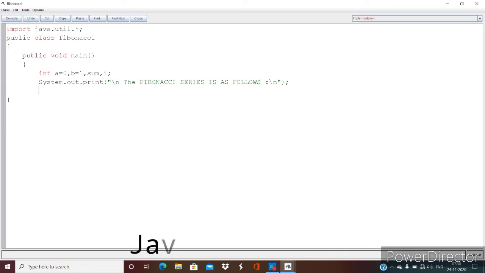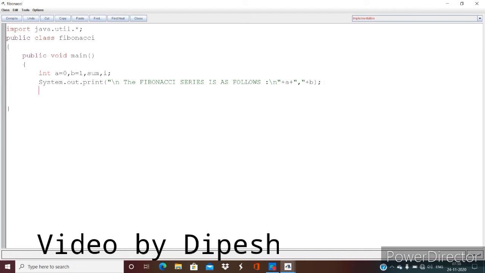Then plus A, plus a comma, and then plus B. What I've displayed is the Fibonacci series is as follows, and then the first two values, that is 0 and 1.